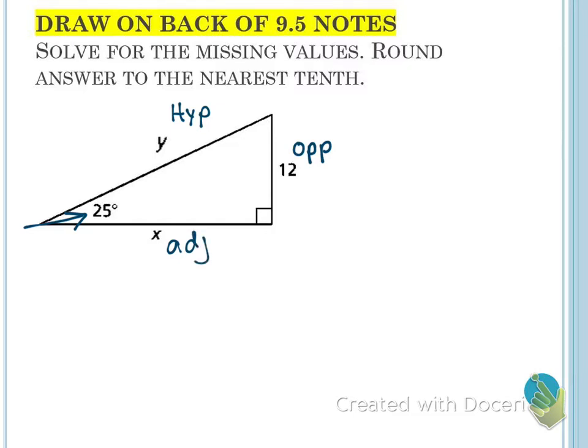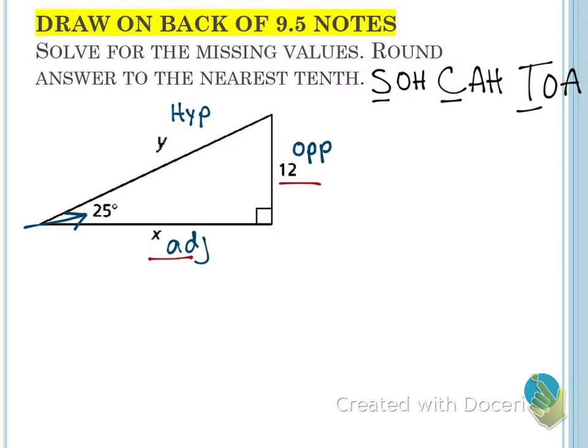Once you have labeled the sides, you want to pick a side you don't know and a side you do know. So which side do you want to solve for first? X sounds good. And then which side do we know? 12. So we need to use either sine, which is SOH, cosine, which is CAH, or tangent, which is TOA. Which of these deals with the opposite and the adjacent? TOA, tangent. So we're going to use tangent